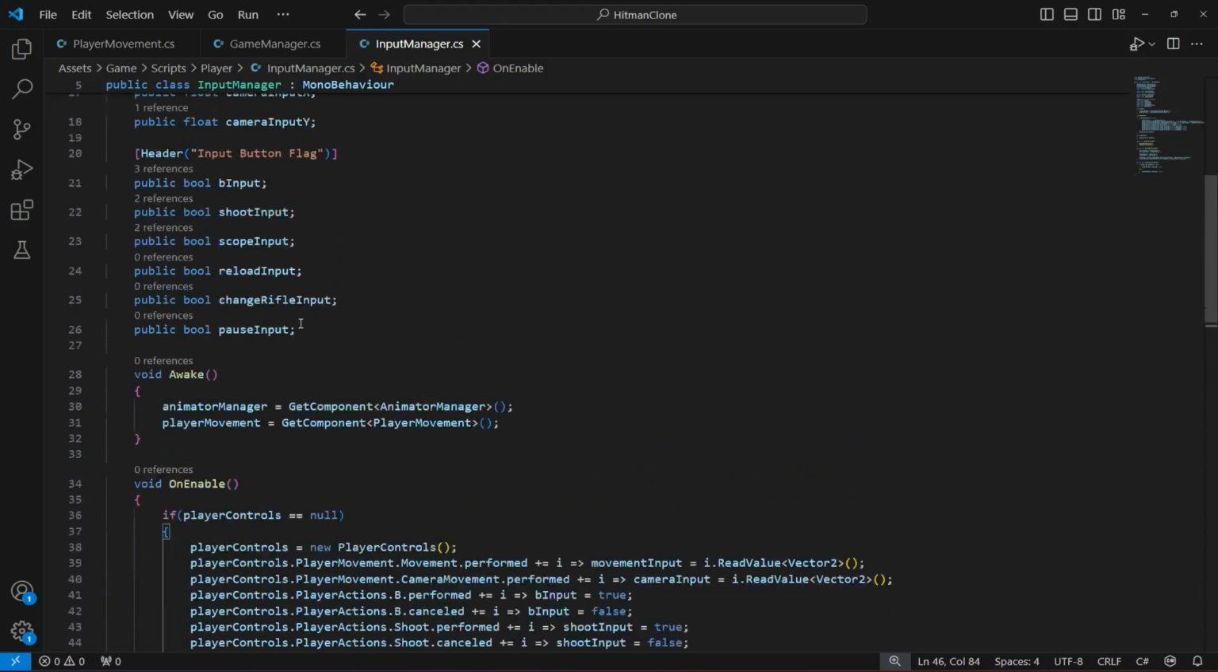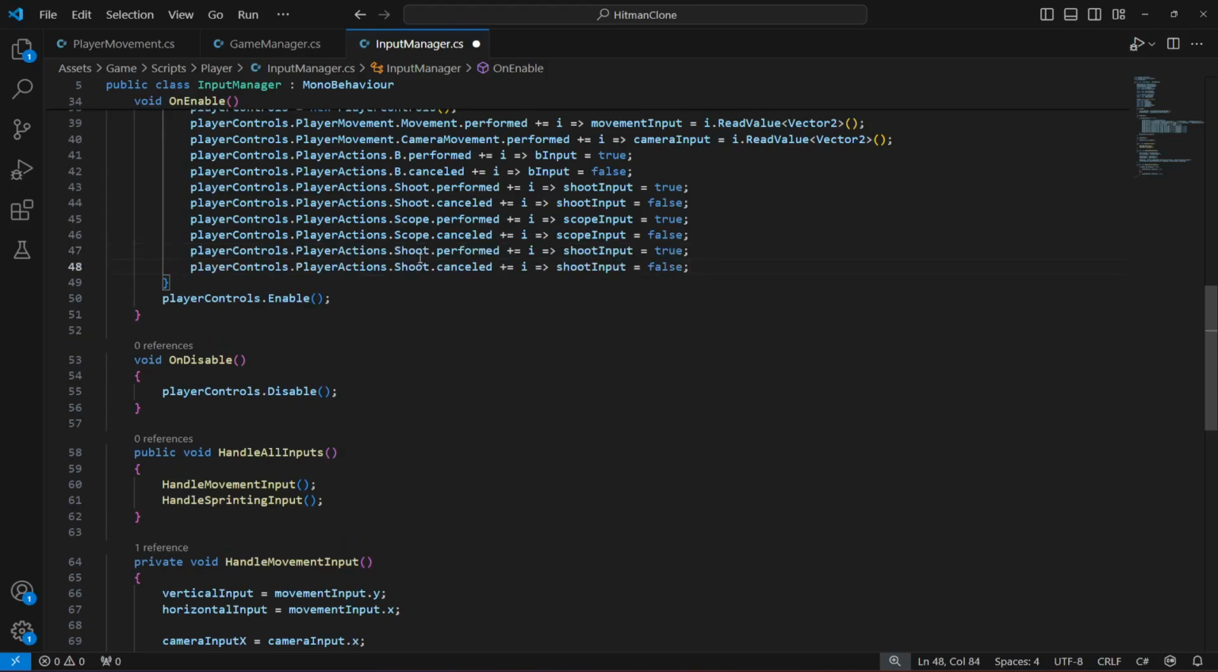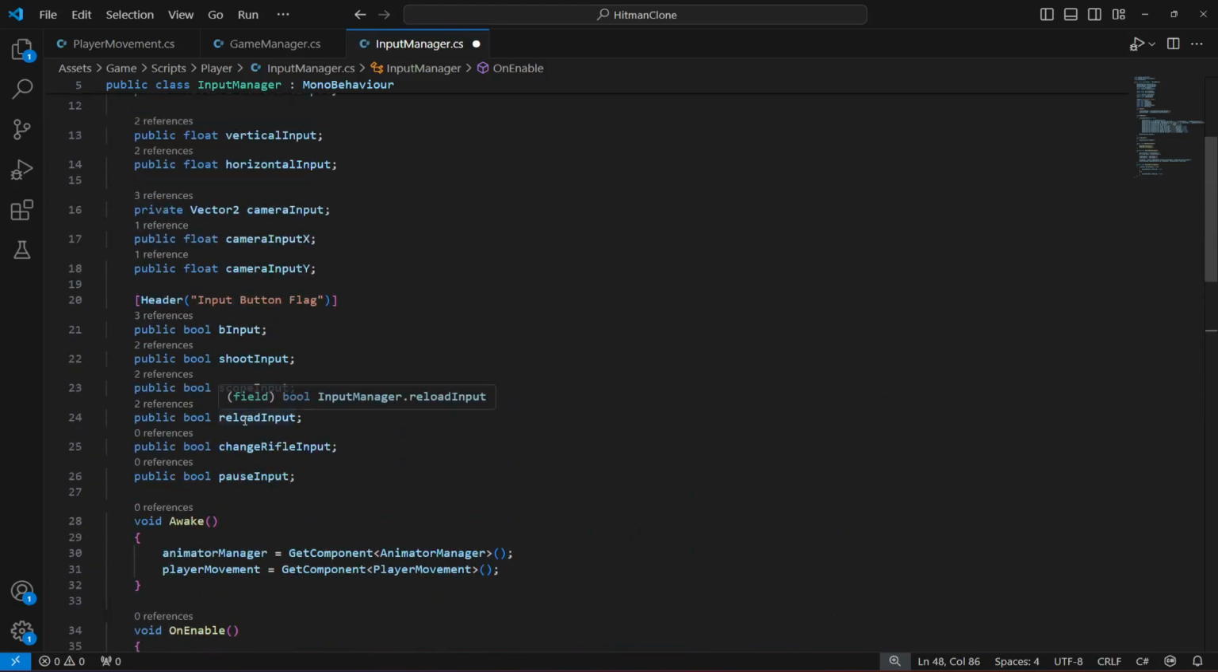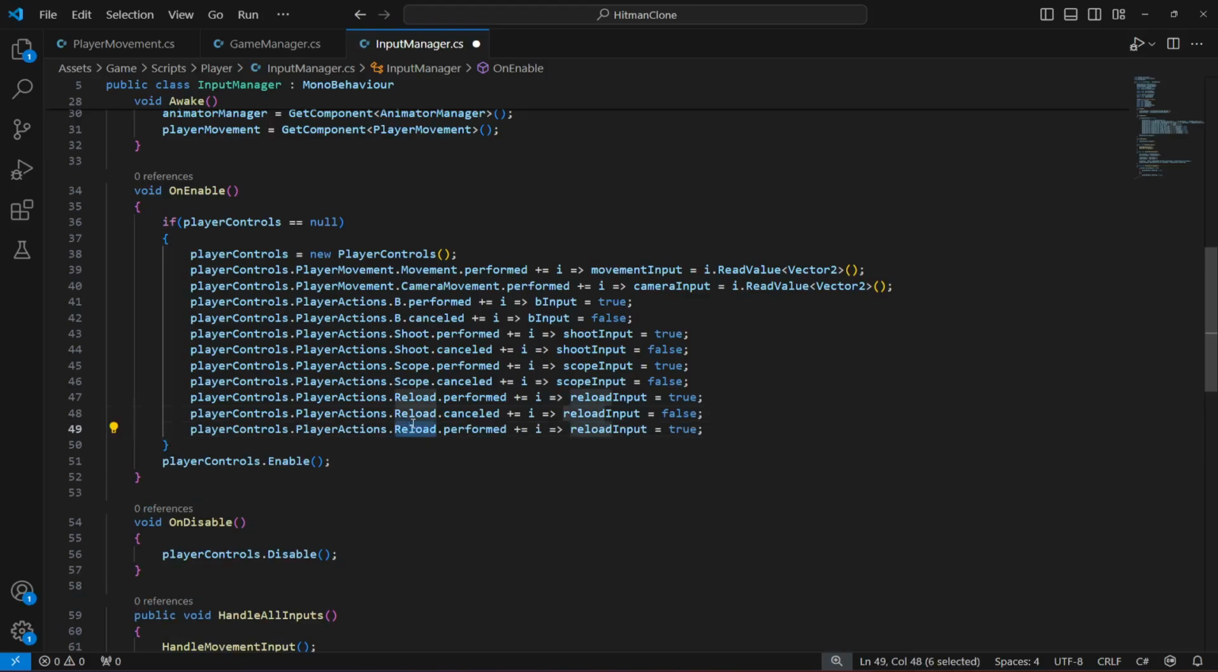Now after the scope, the next one is reload. So for the reload we're gonna do the same thing, so I'm gonna just copy and paste that line as well, and right here I'm gonna type reload right down below, and then change the bool name to reload input, and right down below as well. Then after the reload we have the change rifle input. So for that we're gonna just copy this performed line, paste it down below, change this to C because this is what we name it, and then the bool name is change rifle input. Alright, we just need to type the perform line for it,